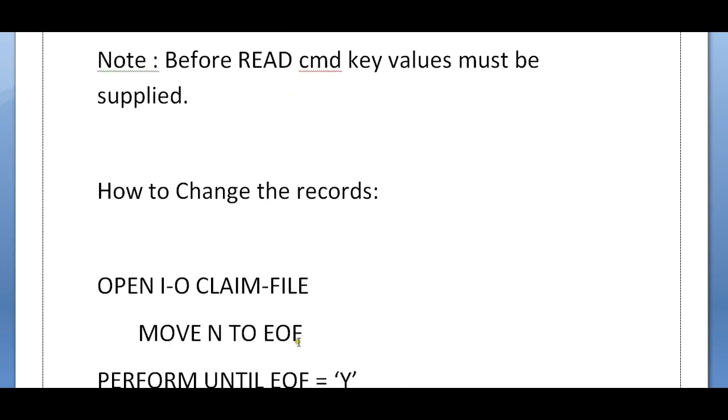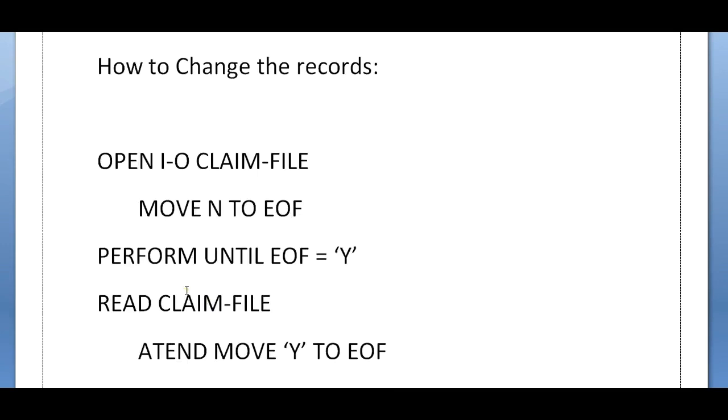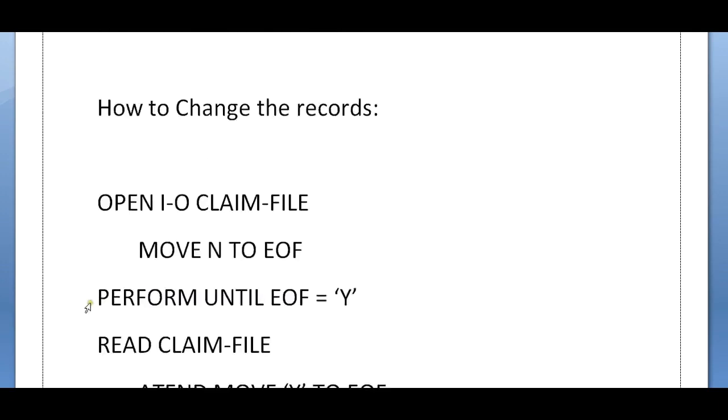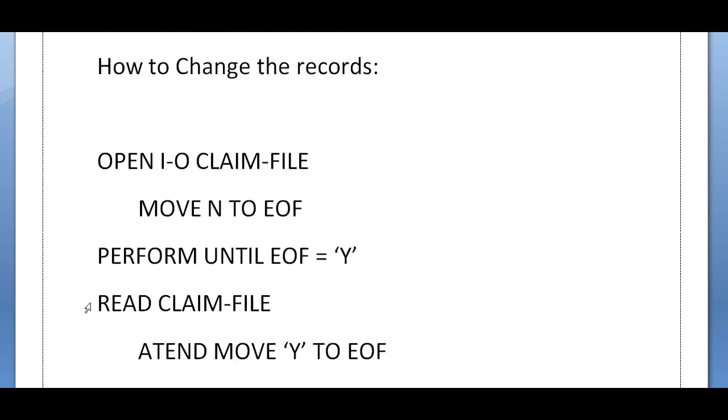So how do we change the records, or how do we update the records? In the last tips we have seen how to open a file and write records into a file, and how to read a file and display those records, or do some sort of processing or evaluating the input file. So how do you change the records in a sequential file? How do you modify a record in the sequential file? I need to open